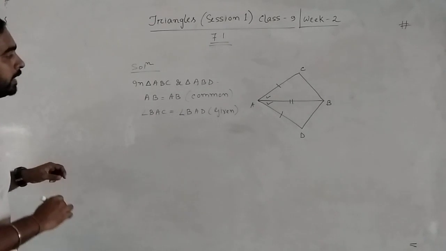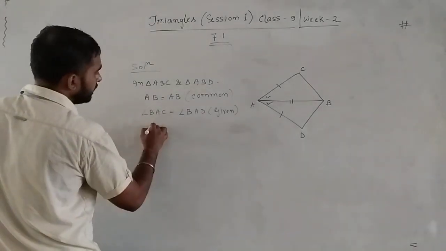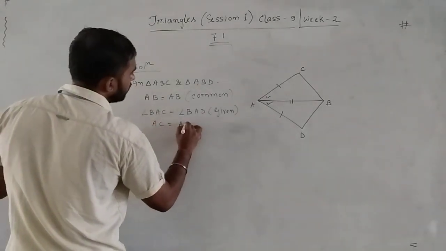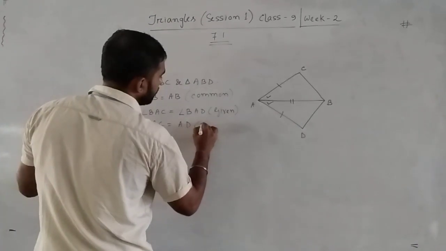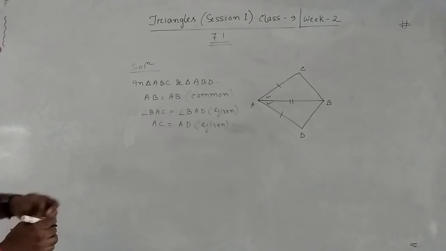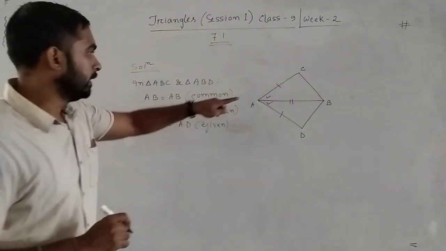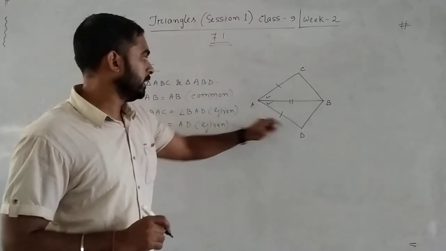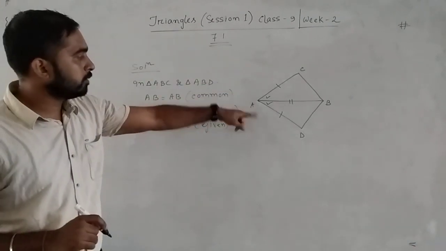The next, AC equal AD. This is also given in the question. First AB equal to AB common, then angle BAC equal to angle BAD given, then AC equal AD, which